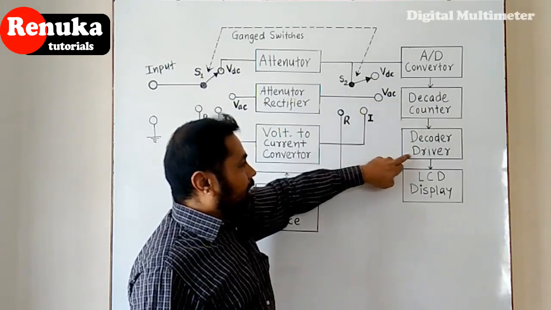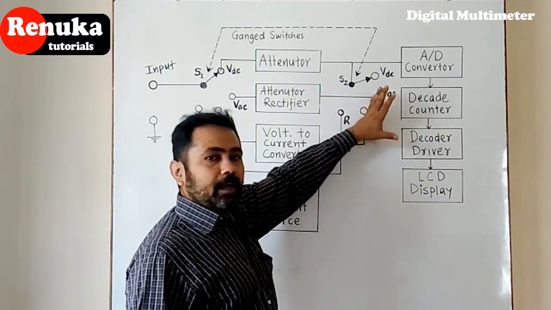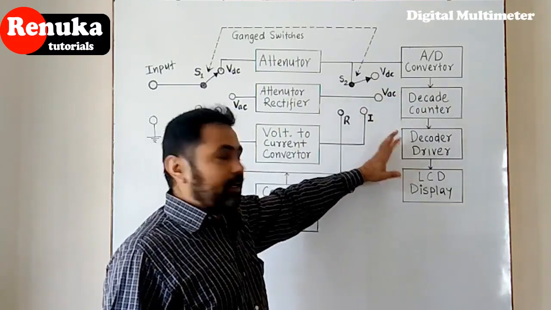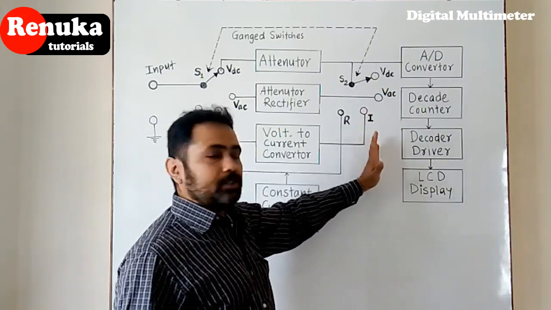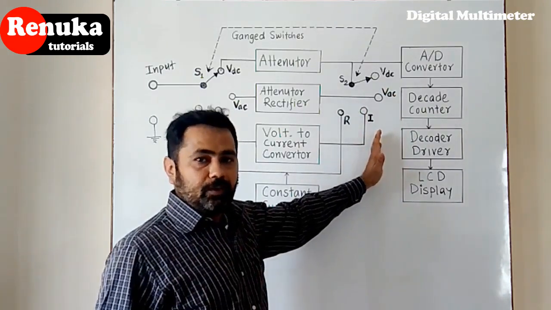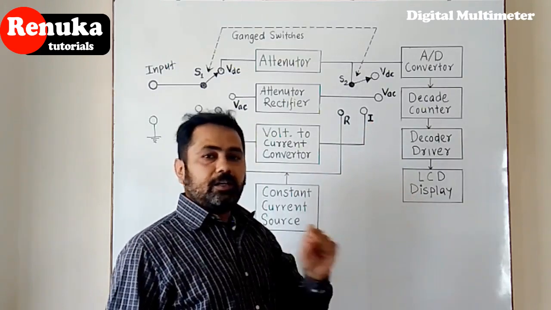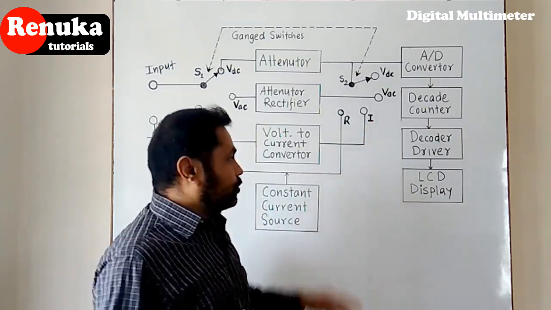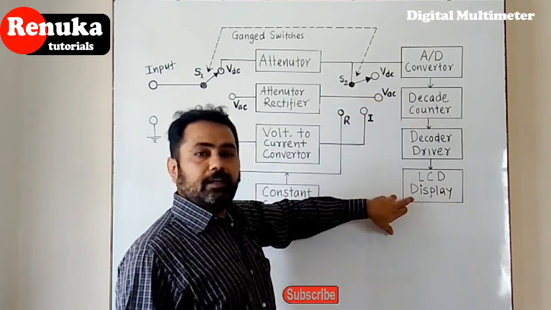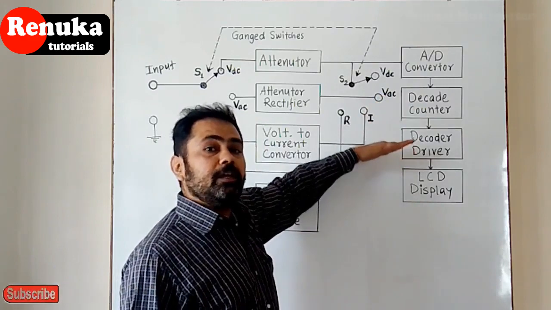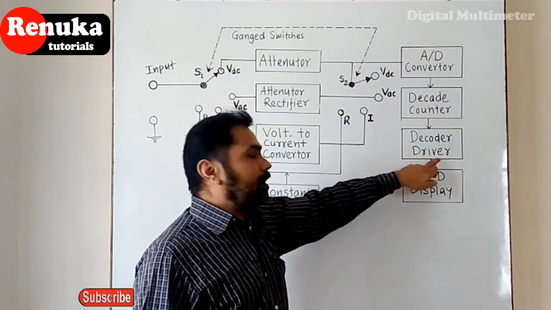After that, a driver circuit is there. What is the driver circuit? The decade counter's output will be in binary form, in 1010 format, and 1 will have some voltage level. Mostly to represent logic 1 we use plus 5 volt, but these LCD displays receive less than 1.5 volt. So that is why the output from the decade counter cannot be fed directly to the display. Its voltage level should be decreased, and for that we use a driver circuit.